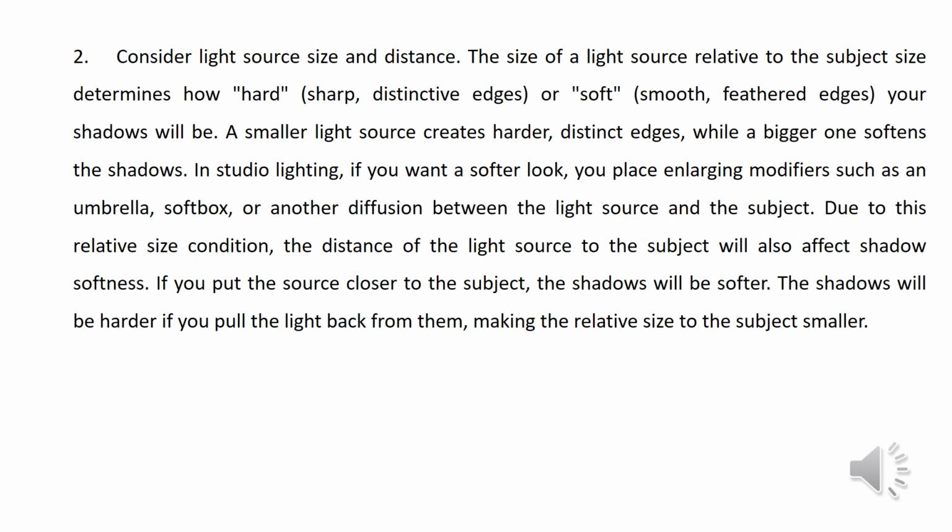Number two, consider light source size and distance. The size of a light source relative to the subject size determines how hard, with sharp, distinctive edges, or soft, with smooth, feathered edges, your shadows will be. A smaller light source creates harder, distinct edges, while a bigger one softens the shadow. In studio lights, if you want a softer light, you place enlarging modifiers such as an umbrella, softbox, or another diffusion between the light source and the subject. Due to this